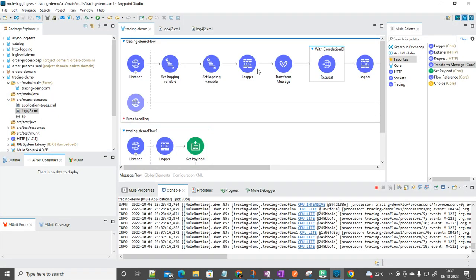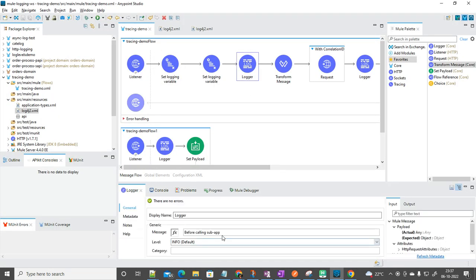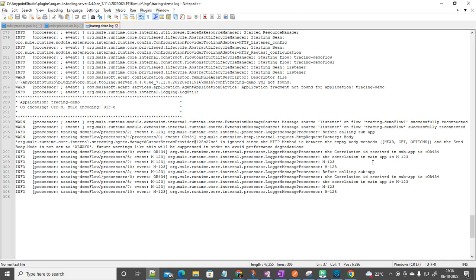It will show the first logger. This is the first logger, right? So before calling the sub app, I can show you the first logger over here. Before calling the sub app, if you observe this logger,